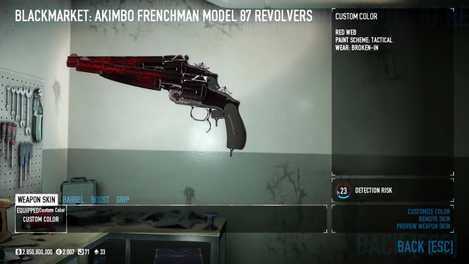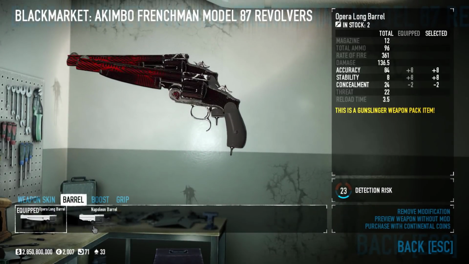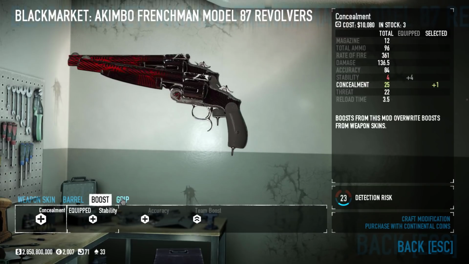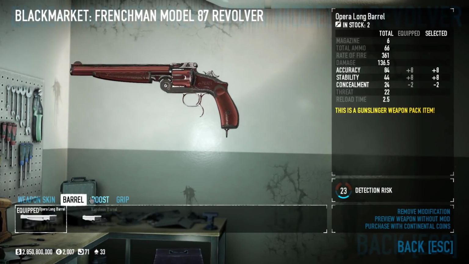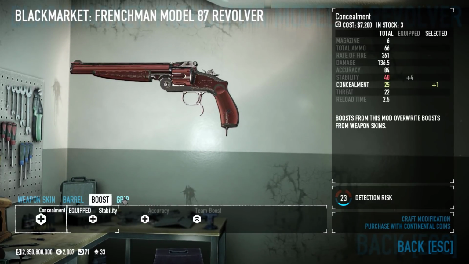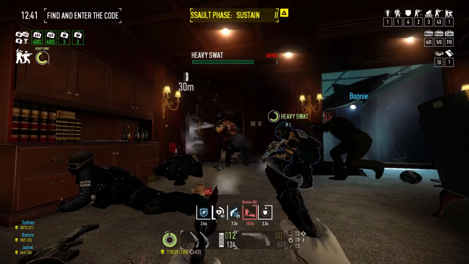Finally, we have the Frenchman Model 87, and don't get me wrong, there's nothing terrible about this revolver, it's oozing style, but its placement here should be testament really to how good this weapon pack is overall. The weapon's only real issue is just how similar it is to the Castigo and Bronco revolvers, but carrying lower